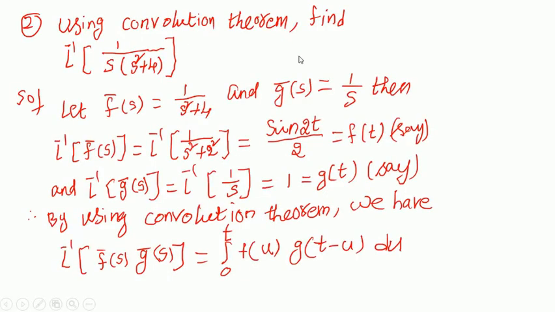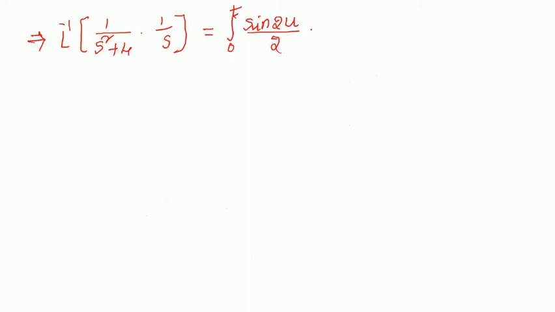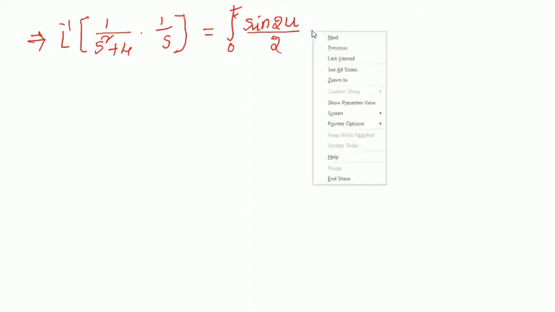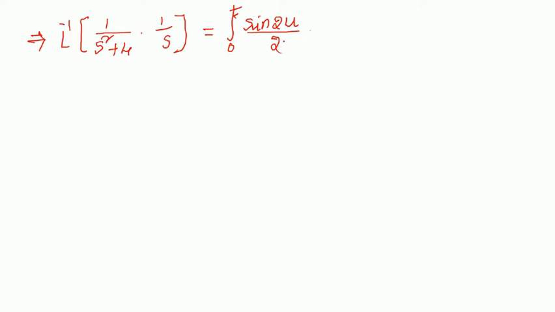Into, what do we want, we want g of t minus u value. What is g of t value? 1, means it is a constant, so g of t minus u value is also 1, right? So g of t minus u value is 1 into du, so this implies L inverse of, 1 into 1 is 1, the denominator is s into s square plus 4,